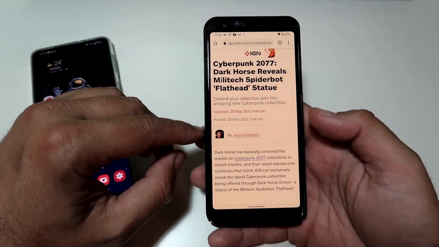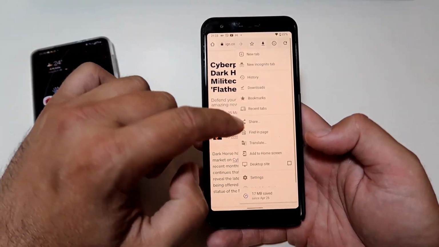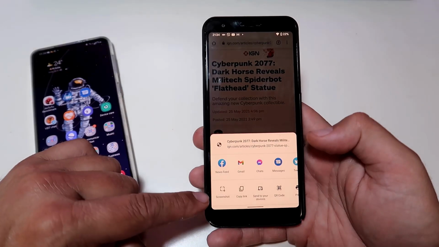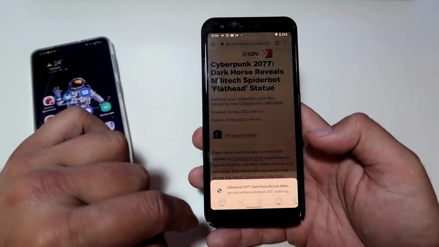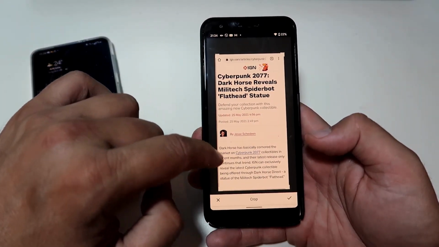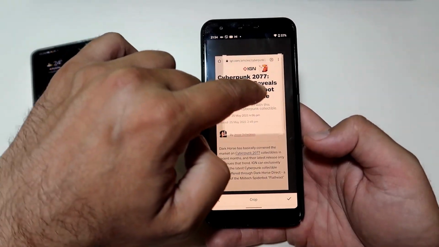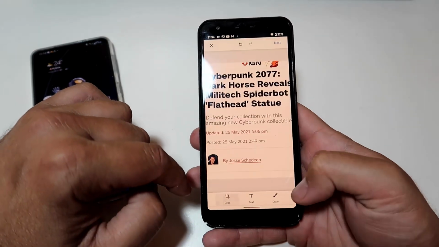You're browsing some interesting information, this time is the Cyberpunk 2077. You want to share it to somebody, you press share here, and a new screenshot button unveils. Now pay attention what happens when I press on the screenshot. I will be able to do the screenshot. I do also a crop, right? So you can also do a crop, and you can move the crop, okay? So let's say I want to crop this part. Okay, I can still do some more edits.